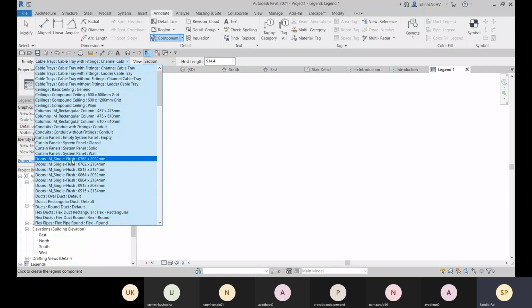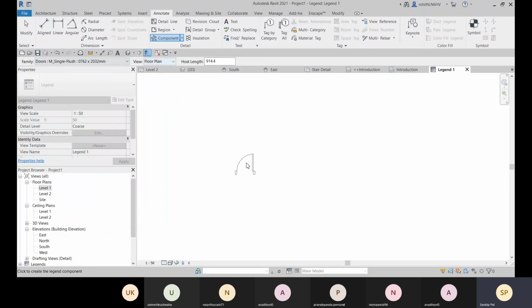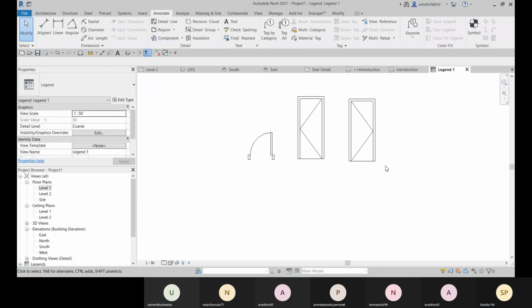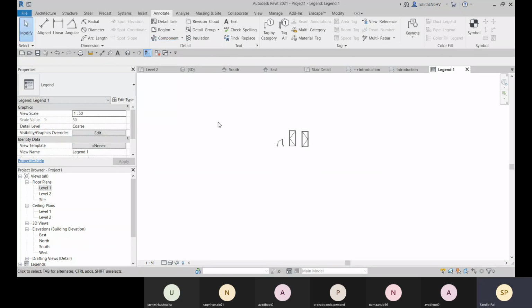For this door, this is the symbol for plan view, for front this is the symbol, for backside this is the symbol. There you can mention with the text, this is plan. Like this, you can create, and this will be added in the sheet.